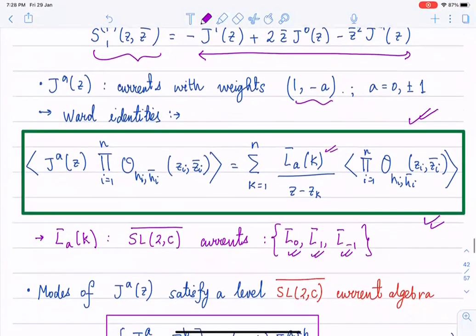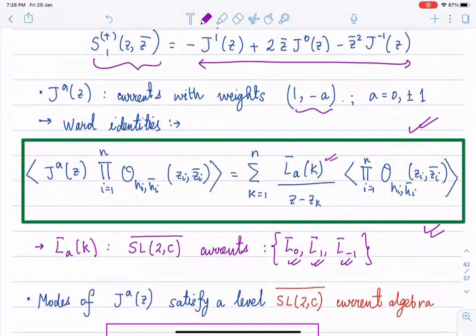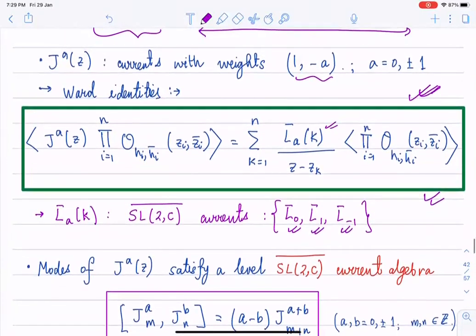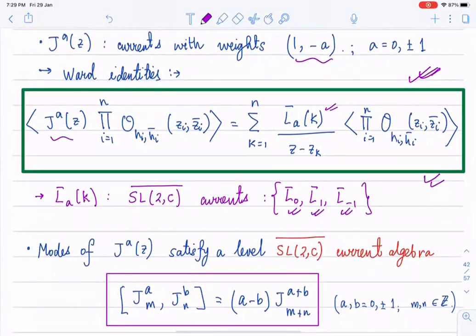If that confuses you, just look at this form of the Ward identity. If you open any CFT textbook, what you will immediately find is that the structure of this is what is known as a current algebra structure. To say it in a simpler form, what these currents J of z are going to do